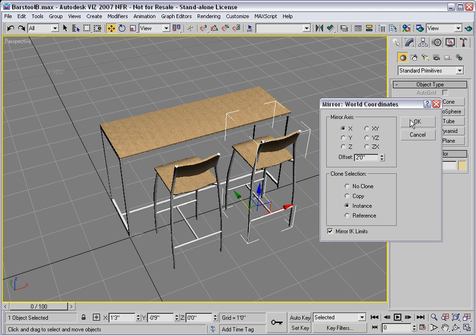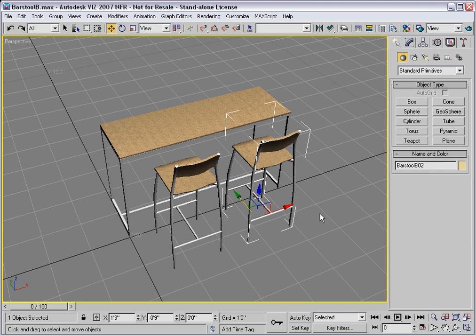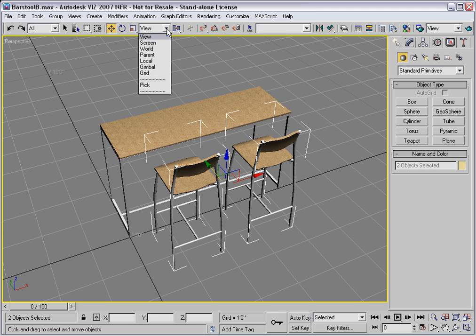I'll click OK, and then hold down the Control key and get the other bar stool. And this time, I'd like to mirror them all the way around to the other side. So thinking that through, I want the pivot point of my selection set to be centered on the table, don't I? So to do that, I will pick a coordinate system